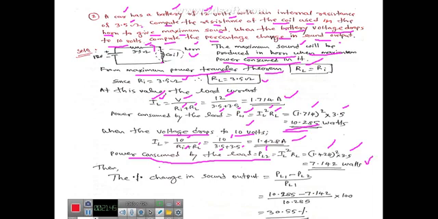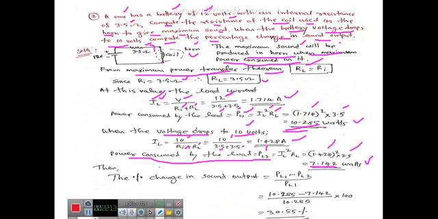Now see that the power in the 12 volts, when the battery is delivering the 12 volts, the power consumed by the resistance of the horn is 10.28 watts. If the voltage drops to 10 volts, the power consumed by the resistance of the horn is 7.142 watts. Now we are asked to calculate the percentage change in the sound.